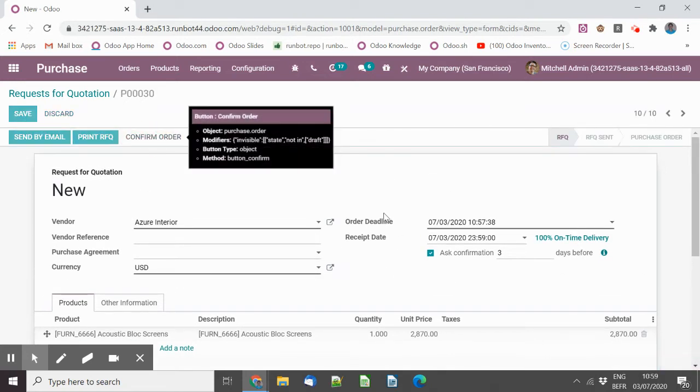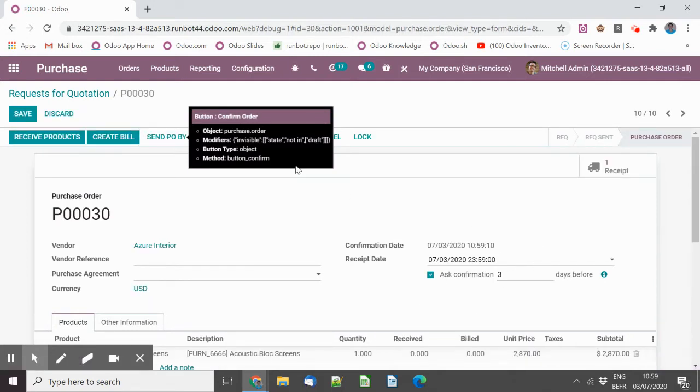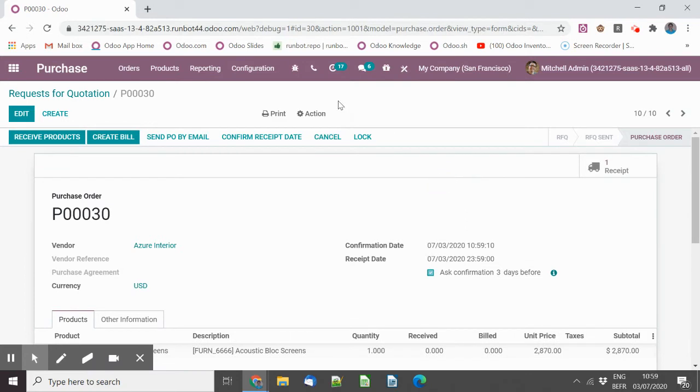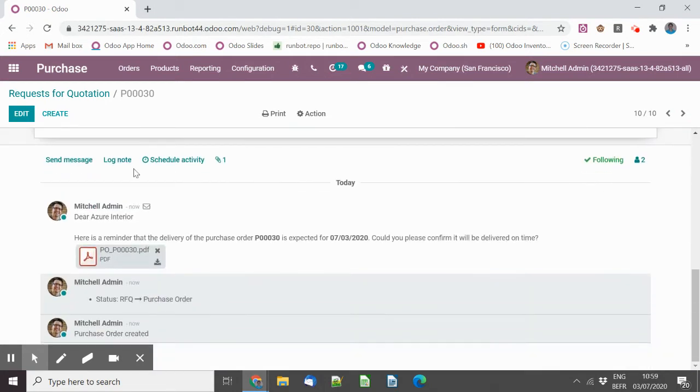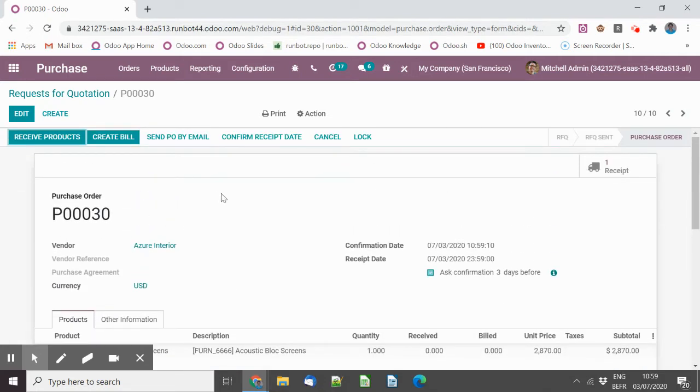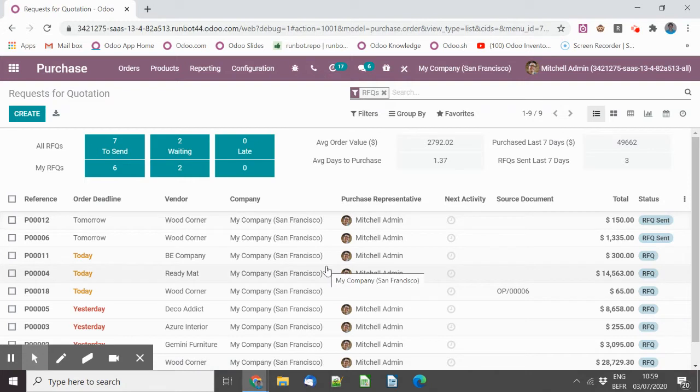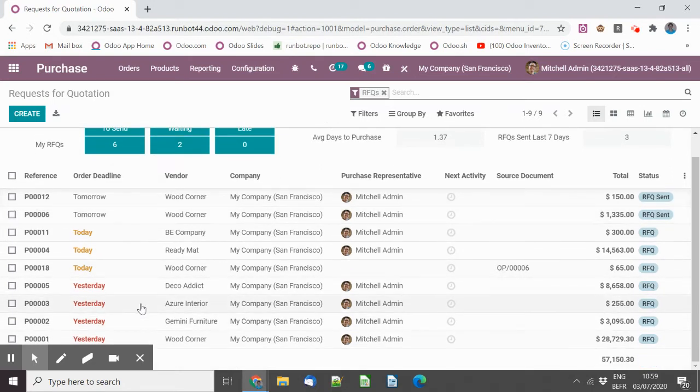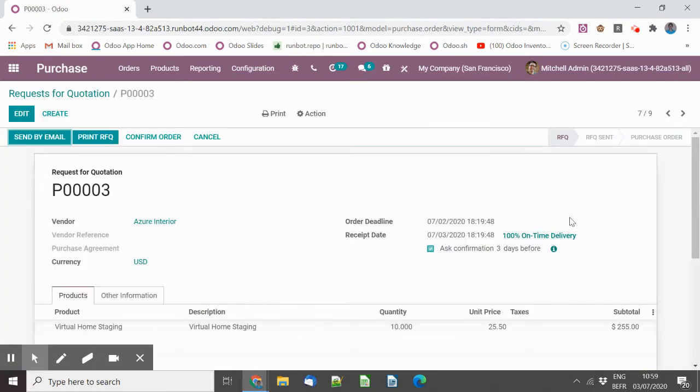If I confirm this order, of course, I will not simulate that, but what I can do is also do it manually. So if I send the reminder manually, then the mail will be sent to the supplier, and the supplier is now able to reply to this. And once we have the confirmation that it's fine, we can confirm here the receipt date. Okay, this is quite a great feature to be sure to have everything on time and to increase the reliability of the purchasing process. Then, because it disappears when we confirm the reception day, so here